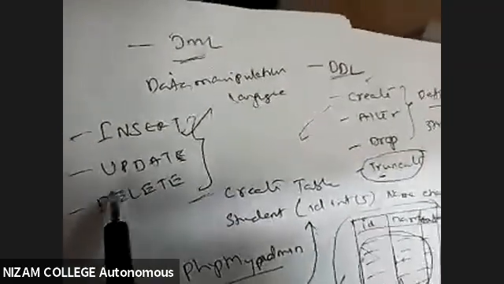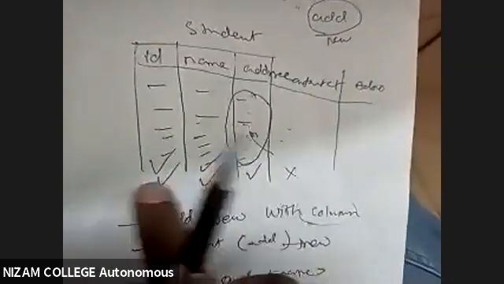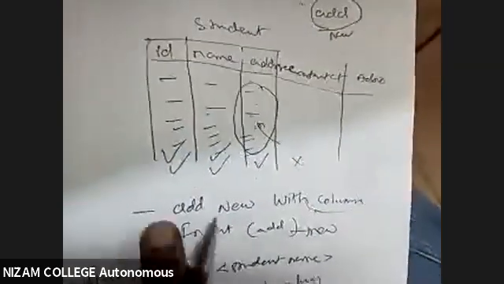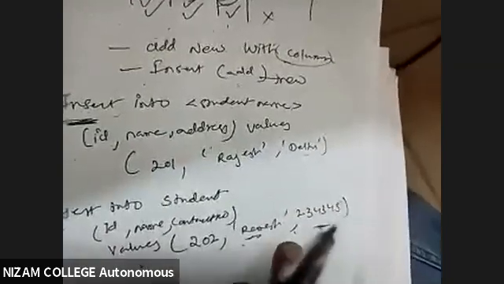So now we'll go to the second command. What is the second command? Update. Okay, now what is update going to do? Now we'll see this one. Remember what I'm doing over here: I'm adding a new record, and with the help of the insert command I'm doing that. In this case, if you remember, here I have entered the name and address, and here I have entered the name and contact number.